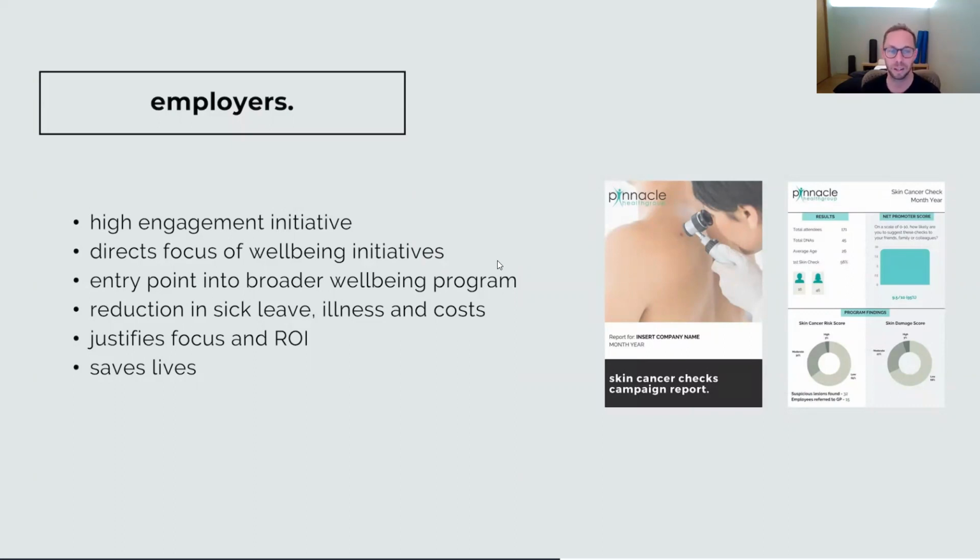And finally, it's such an obvious one: it saves lives. It literally saves lives. So you conduct skin cancer checks at your workplace. One of the most heartwarming times for us is when we present the skin cancer check results to